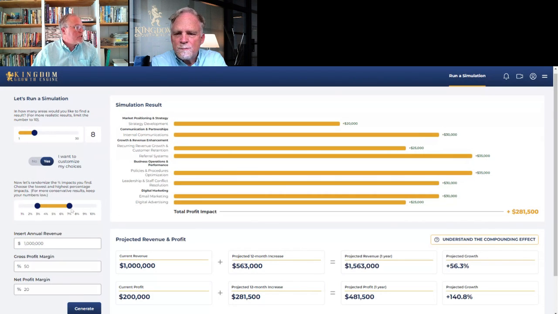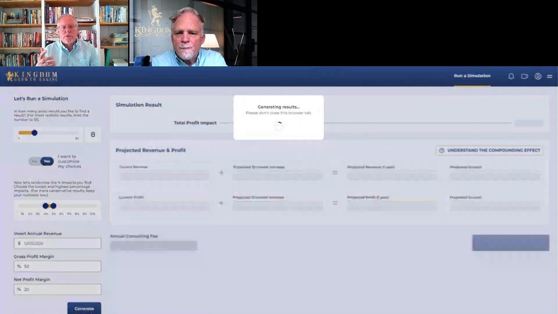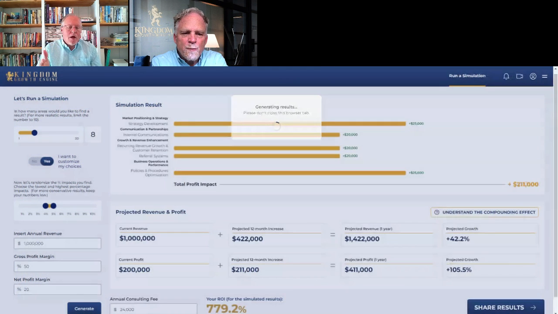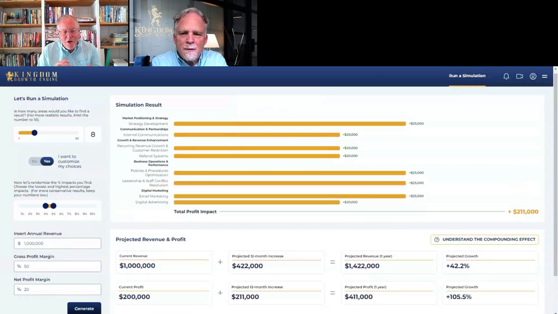And let me just shrink the improvements here and go, gosh, what if we could only get a 4 to 5% increase, and then generate the results. My observation is, when you start talking to small business owners, they think they can make big impacts every time. And so I like to generate the report the first time through with the great big impacts, and go, yeah, gosh, if we could hit these numbers, wouldn't this be amazing?